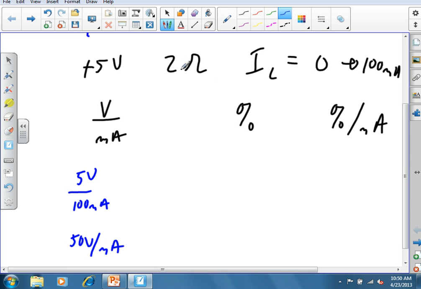Well, if I have 2 ohms and I have 100 milliamps, then my change in voltage can be 2 volts. My change in current can be 100 milliamps. So that's going to be a percentage of 20%. And then if we want percent per milliamp, I wonder what the difference is between percent per milliamp and